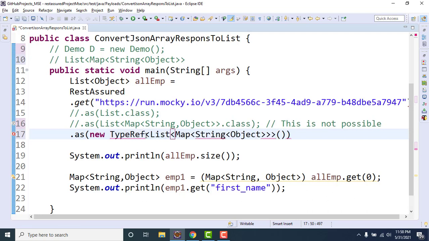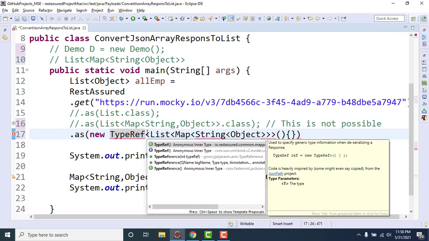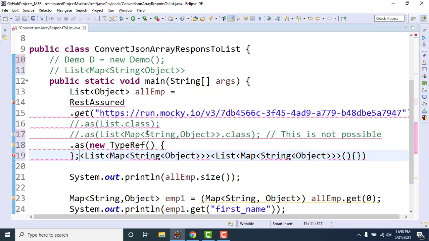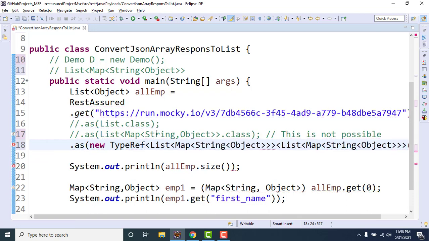Since we don't have any abstract method which we need to implement, it will be an empty body, with no implementation of any method because we don't have any method here. Let me import this TypeRef. It should come from RestAssured, which is the first one. So whenever you do this, it comes like this. The simple way is to remove all these things.